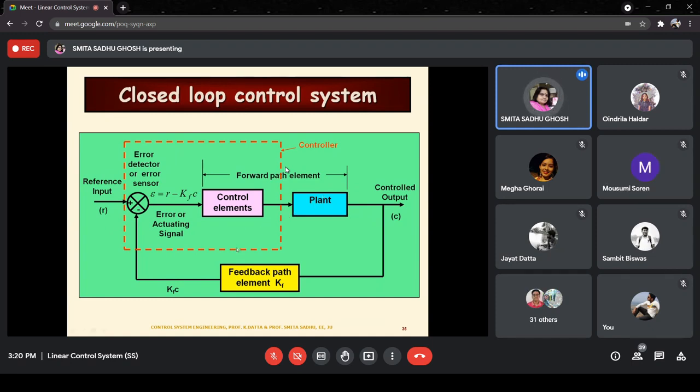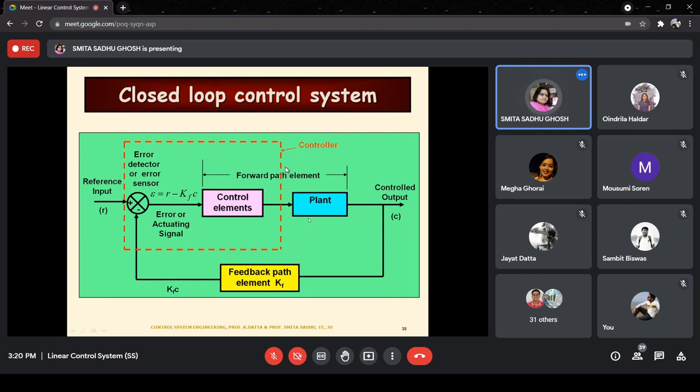So basically, you would be having the control elements over here. Control elements have to be chosen depending on your choice of controller parameters, and the nature of the control elements as well as the values have to be chosen or designed by the control system engineer. But whatever be the control elements, basically overall this red block is called the controller, right?